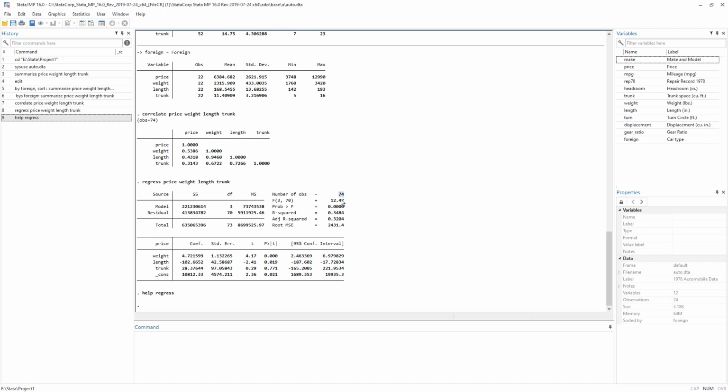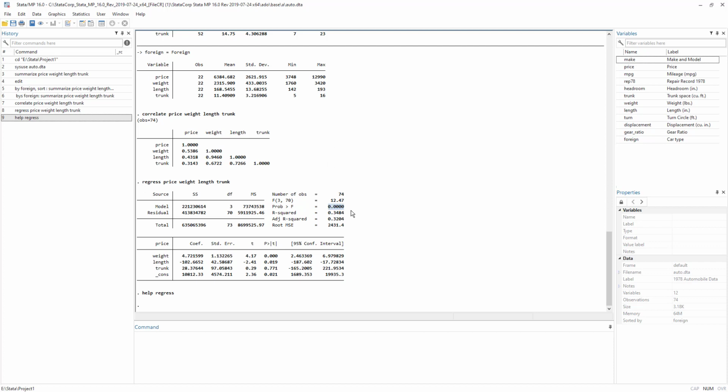Okay, so we have 74 observations. The F statistic is 12, and the probability, we are concerned with this probability. It is significant. Remember, we have 3 levels of significance: the 10% level, the 5% level, and the 1% level.